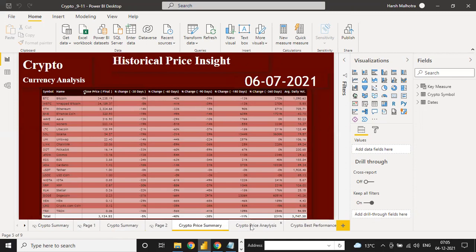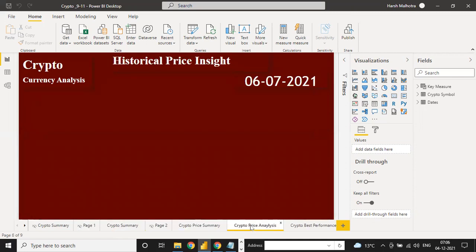Now on the third page, we have to move to the crypto price analysis, in which we have to make a currency-wise analysis, one by one. So in the chart type, what is needed for the currency-wise analysis? It means we have a date and a currency name, and then we have to analyze via close price, or whatever we need, like high price, low price, or that kind of thing.